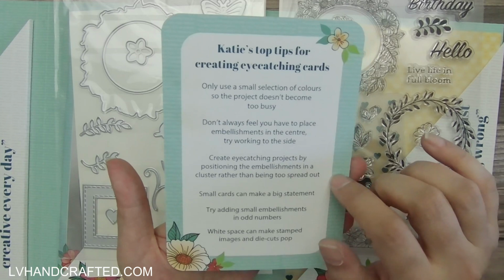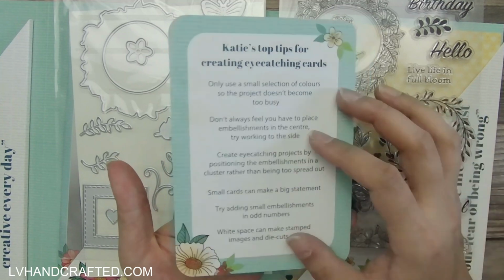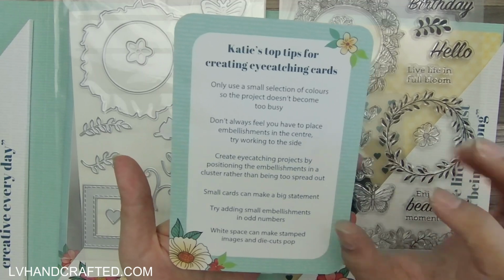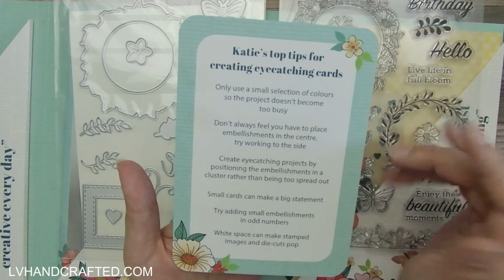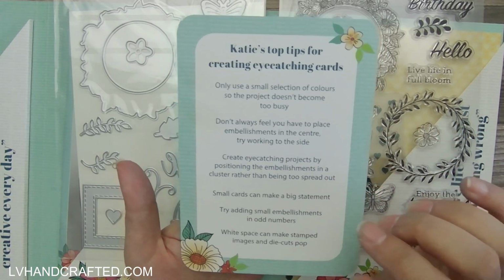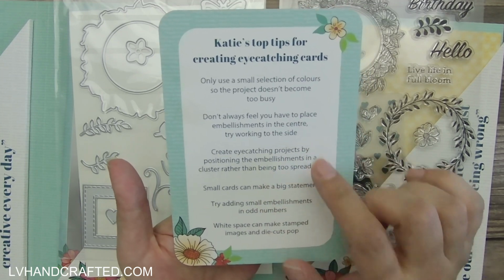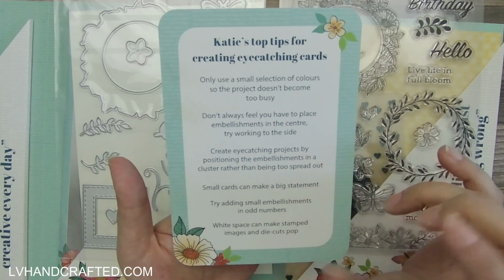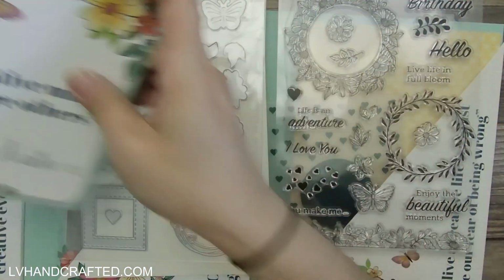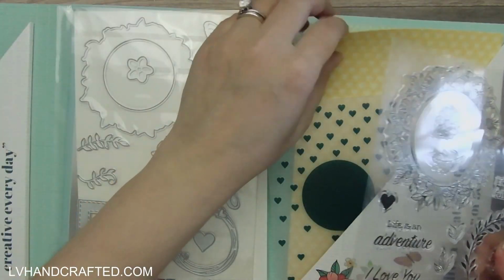I don't have all of the boxes, but I've watched a lot of unboxing videos, and it seems there's always something really useful on these cards. Definitely worth keeping near your craft table just if you need to reference something. So in this box, we get Katie's top tips for creating eye-catching cards. A lot of stuff here are things that are really useful to keep in mind, but sometimes you don't always remember, so it's nice to be able to reference back to it. So there's that. And then the stamps and dies,